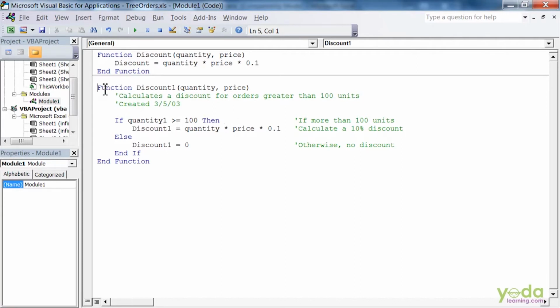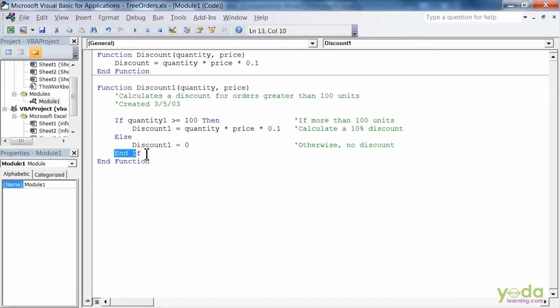So now this will be the function, the name of the function, the inputs, and start your code with the If. If the quantity is more than 100, then the discount will be calculated as such, else it will show you the value as 0.